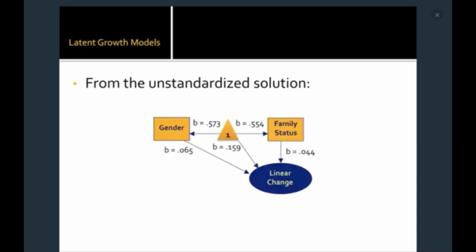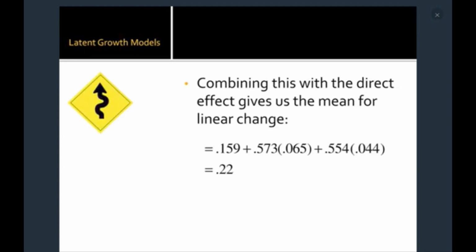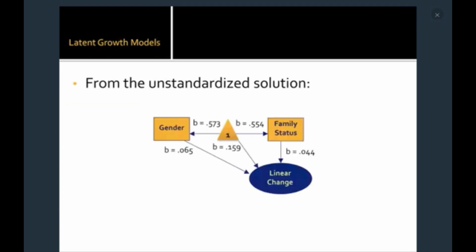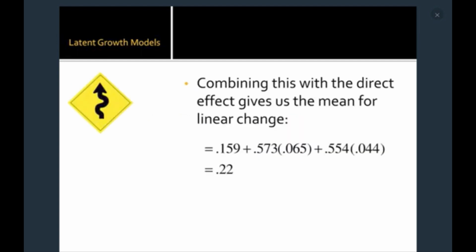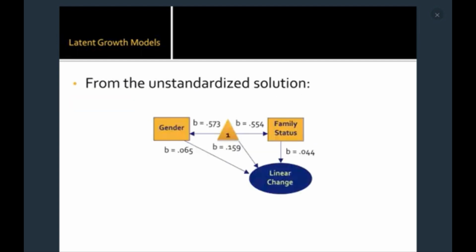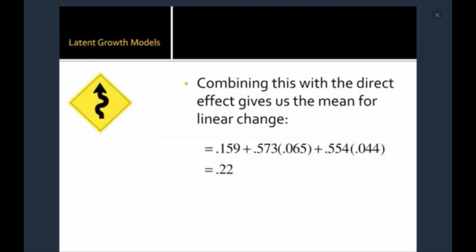Then we do the same thing with the unstandardized solution for the linear change variable. Some of these numbers are the same, some of them are different. So we have the following: 0.159 is the direct effect, 0.573 times 0.065 is your indirect effect going through gender, as you see there. 0.554 times 0.044 is the indirect effect going through family status, as you see there. You're adding in those terms again, and you're getting a 0.22, which is actually the same as before. So you're just trying to get what you got before, which is an accurate estimate of the linear change